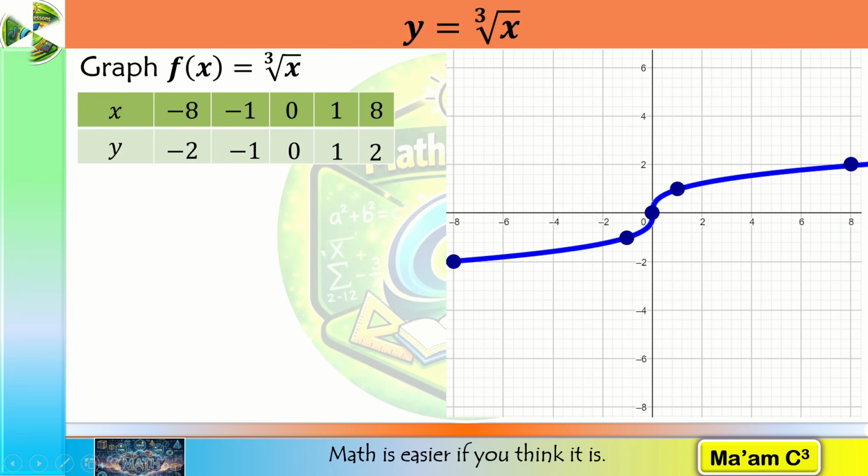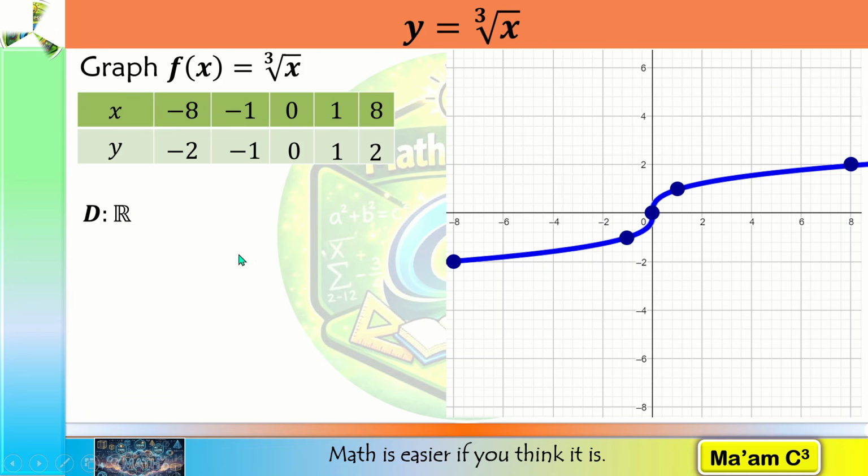Let's determine our domain from our table of values. Since we can substitute negative values of x, positive values of x, and 0, it means the domain is the set of all real numbers. We can determine that from our graph as well, since this will extend indefinitely going to the left, meaning there will be graph on all negative values of x. Same thing here, it will extend indefinitely going to the right, so there will be graph on all values of positive x. And of course, it passes through the origin.